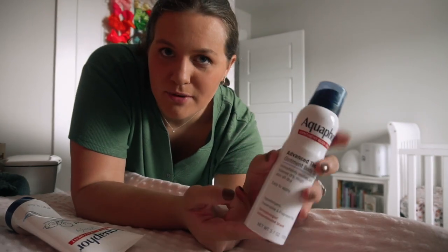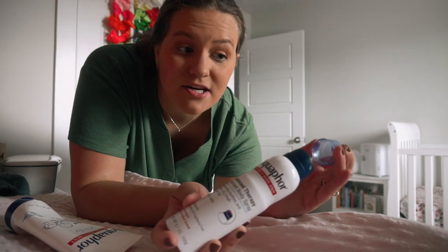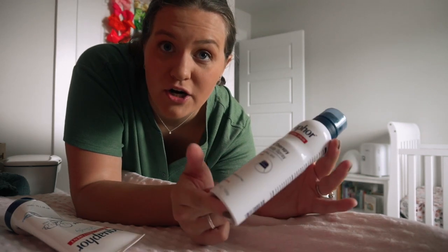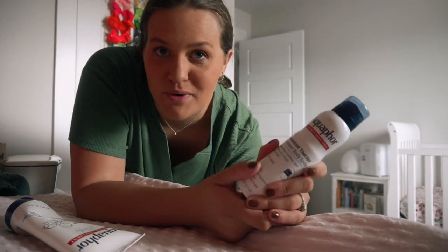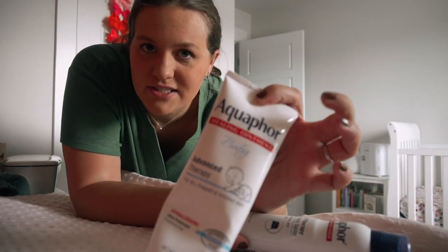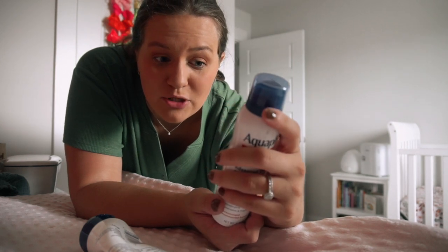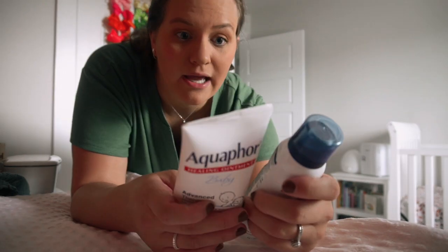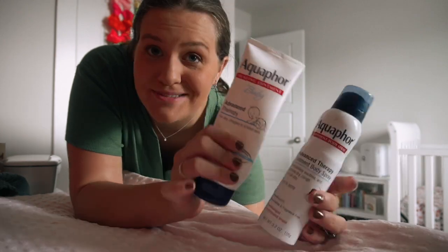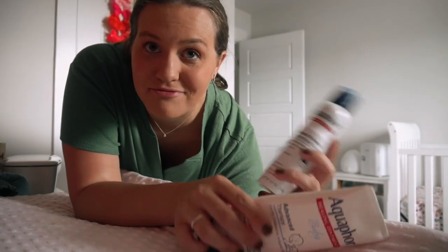But we got this in a registry box, and I really, really loved it. It's nice because you don't have to worry about getting it on your hands, so it's easier to clean off of your hands. And it just sprays. It's a lot easier. I feel like no one has talked about this, especially because Aquaphor says Aquaphor Baby on it, and this doesn't say baby, but it is literally the exact same product, minus the butane because it's a spray. They're exactly the same. So, yeah, I love this stuff. 10 out of 10 would